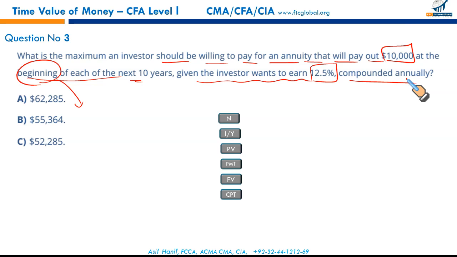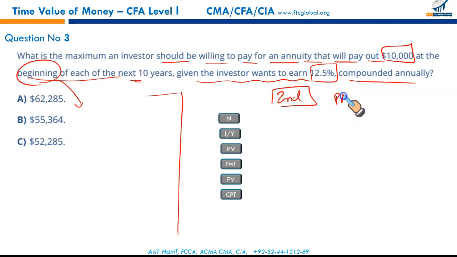We can do it in 2 ways, let me tell you, but why don't we just focus on the smartest way to save time? We have a lot to do. Let us do it straight, what we need to do using annuity due. So first what you should do, press the second function, press PMT, because right above the PMT it will convert you to the beginning mode, and then press the second again, and then the key on the face of it, enter. This will bring your calculator to the beginning mode. Let me show you again.